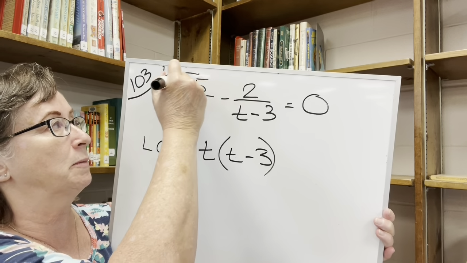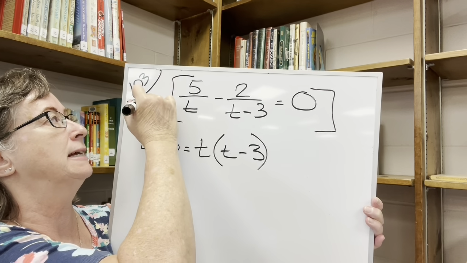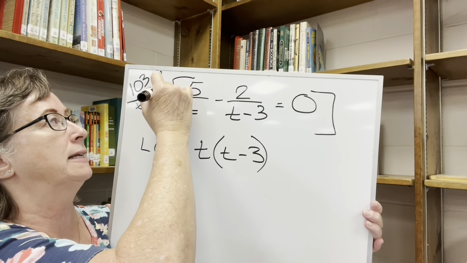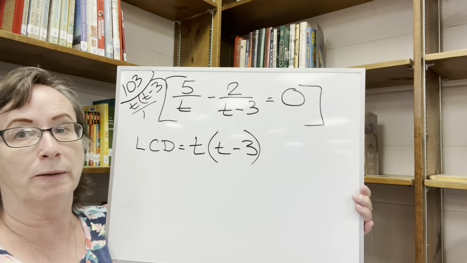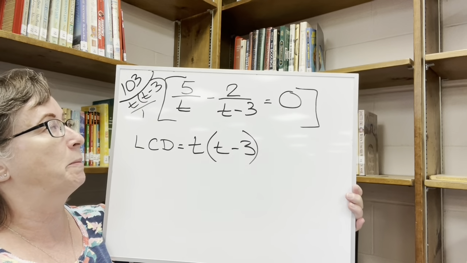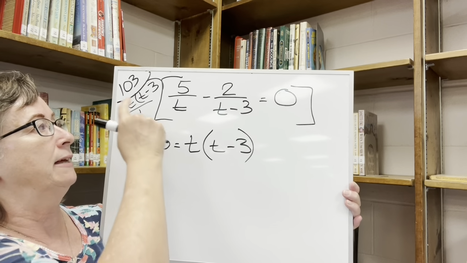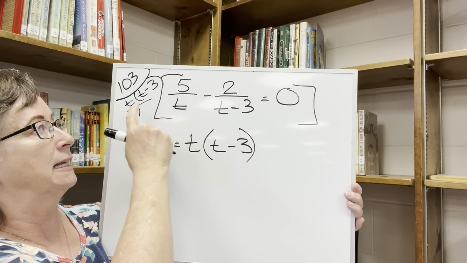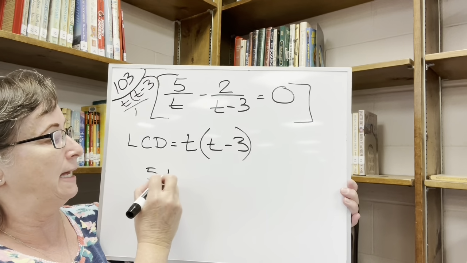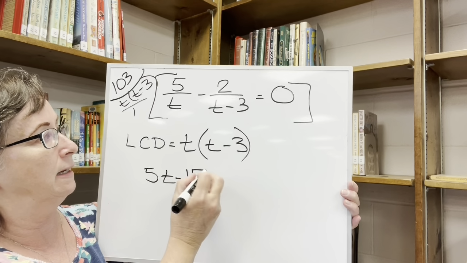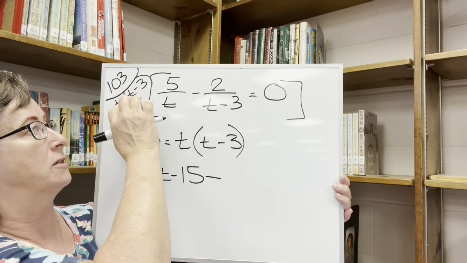So now we're going to multiply this whole thing by t times t minus 3. To the numerator, if you want to, you can throw a 1 down there, just to remember that this is multiplying across the numerator. The t and the t will cancel, leaving a t minus 3 times 5, which is 5t minus 15. Now the t minus 3's will cancel, and I'll get a minus 2t